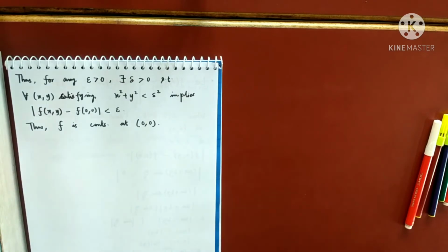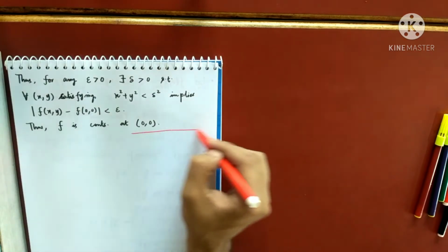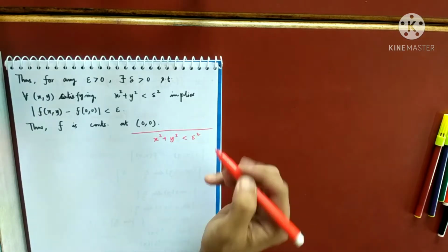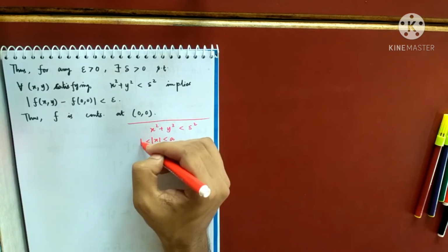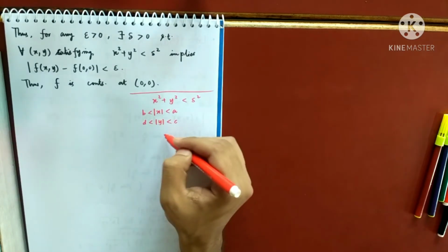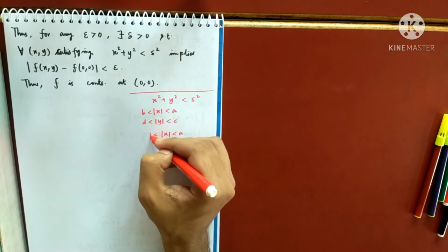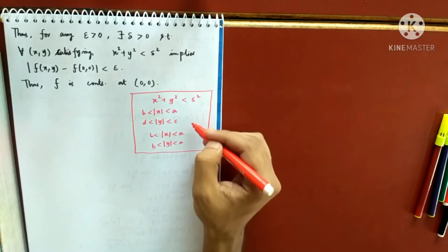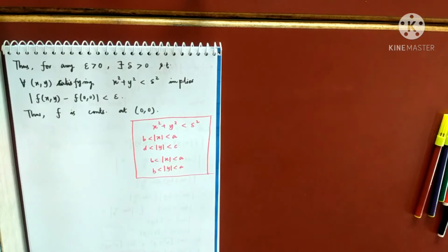Okay. And one thing, some of you had made mistakes. Remember, neighborhoods are these. This is a circular neighborhood. This is a rectangular neighborhood, suppose less than a and less than b, and this is a square neighborhood, less than a and less than a, and suppose more than b, more than b. Only these are neighborhoods, okay? You cannot write anything like x square into y square is less than epsilon and say that will be a neighborhood. No. Only these are actually my neighborhoods.